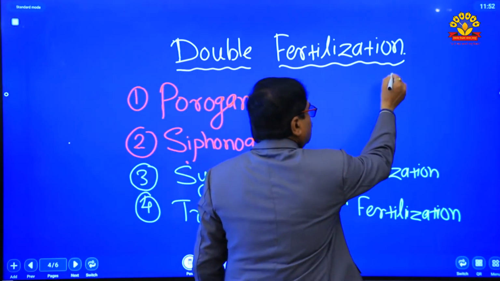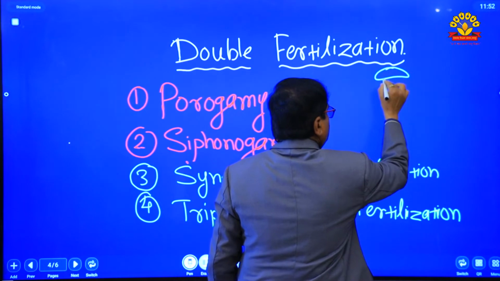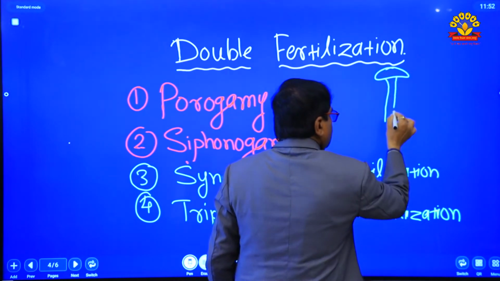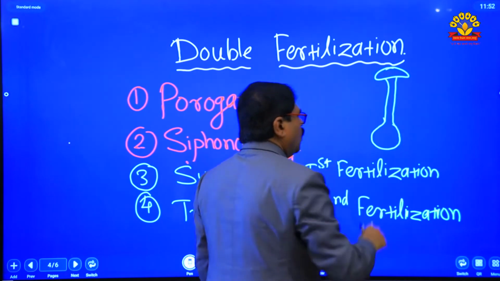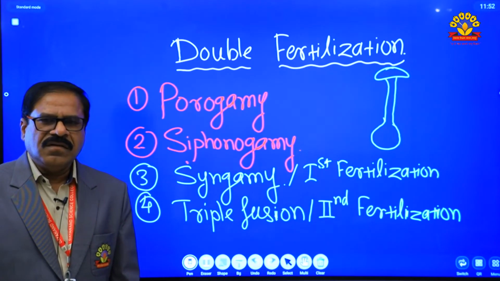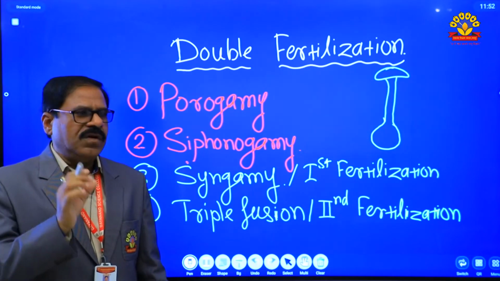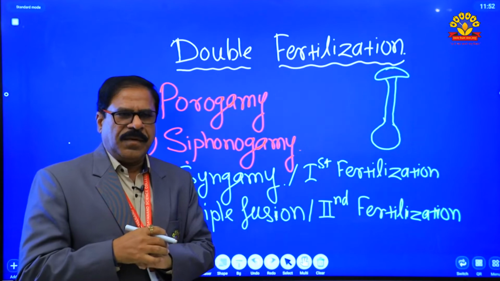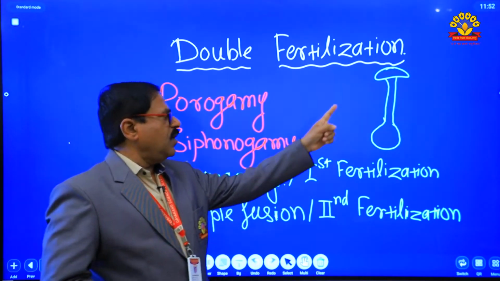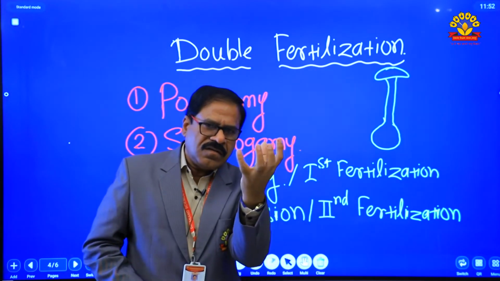For example, here this part is known as stigma, this part is known as style, and at the base it consists of the ovary. Thus, stigma, style, ovary are the three parts within the carpel, where first of all the stigma receives